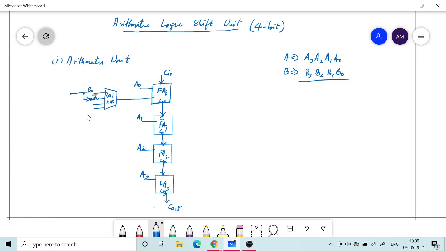And then what I will do next is basically I will give say 0 here and then a 1 here.